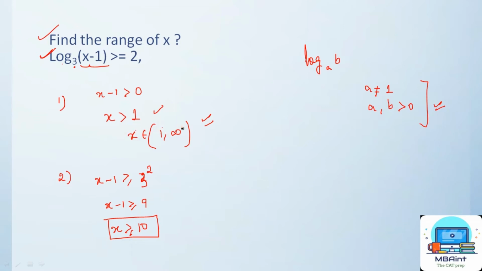Now if I look into this question, x belongs to 1 to infinity, so x should be between 1 and positive infinity, and after solving the inequality, x should be greater than or equal to 10. The last step in the process of solving was taking the common solution. If you put this on a number line, you will see that your answer includes 10 and goes till positive infinity. This is your final answer. Once you know the step-by-step approach, things are really easy. This was one of the fundamental questions. Let's see the other questions as well.